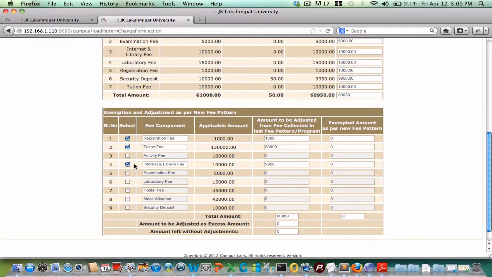Along with the adjustment, you can give some additional exemptions also.